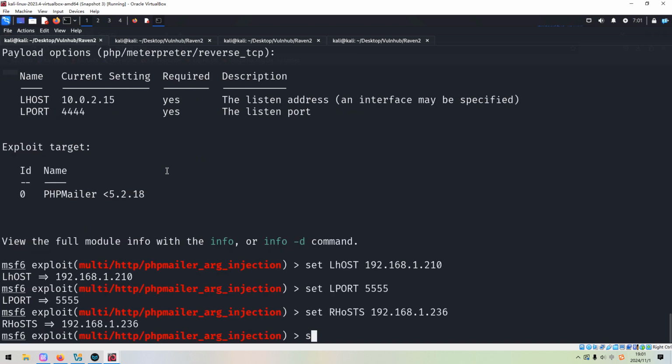So we can set target URI, and this should be contact.php.